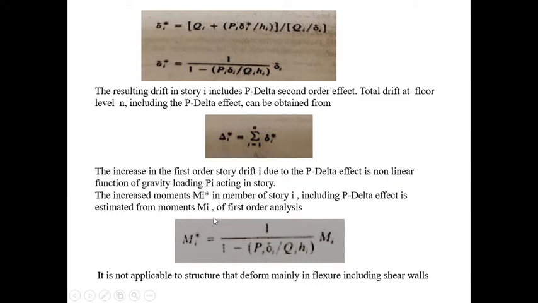Then if you want to find out the increased moments, it will be given as Mi star, same as delta. Mi star is equal to 1 upon 1 minus Pi delta i divided by Qi Hi, multiplied by Mi. Okay, so this will give you the moments which are caused due to the P delta effect. Then this is not applicable to structures which differ mainly in flexure, which include the shear walls. So this is the other method of analysis, that is, direct P delta analysis. The next we have is